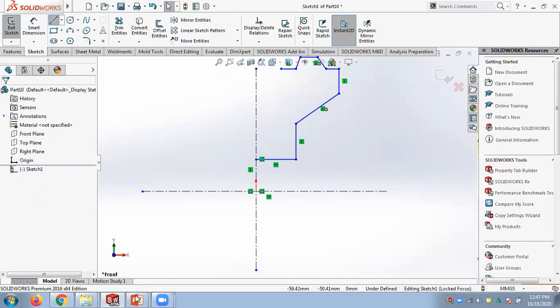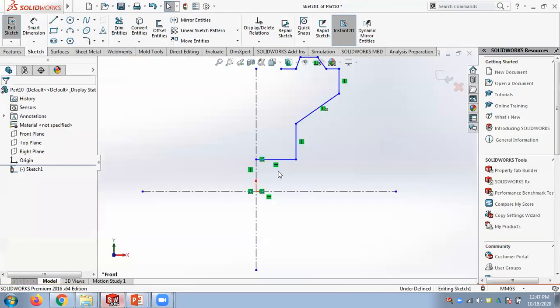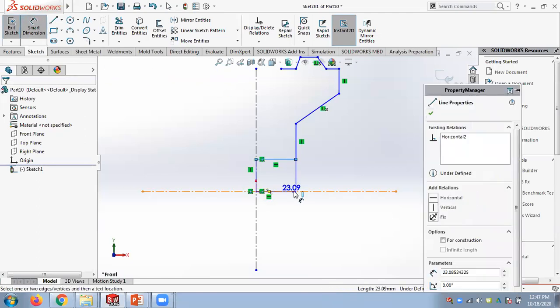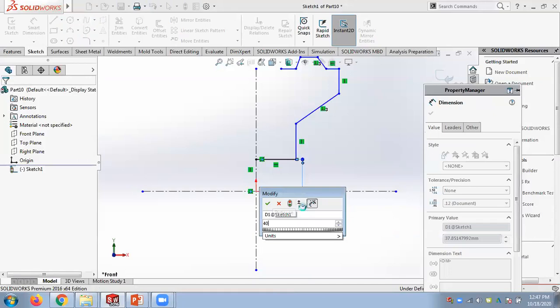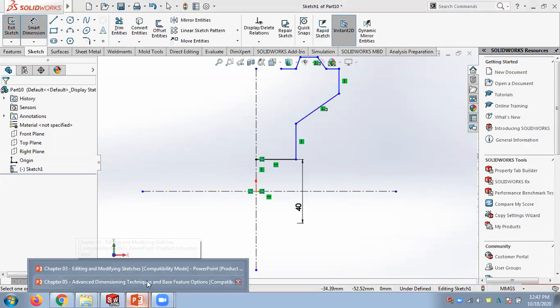And now if you look at this diagram, the measurements how they have given is double the value. So from here to here it's 20, 40 is for the diameter. This is a circular object. So how can I give 40 in SolidWorks? Now if you just come here and click here and click here, it will be 18. Now if you take the mouse to this side, it will be double. So this is how SolidWorks works. Now this is 18. If you take the mouse to this side, it will be double and show it as 37 or 40. So it's very simple. This is how you put the measurements in these kind of examples.